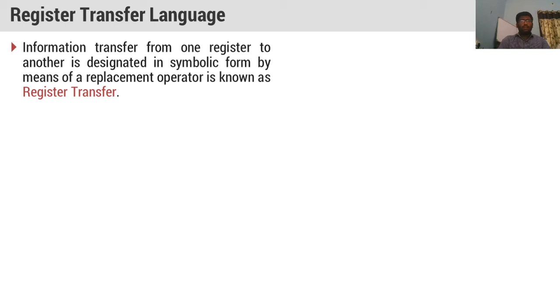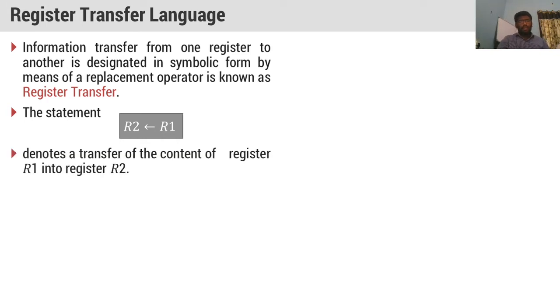And now we will see what is a register transfer. Usually, when I transfer some information from one register to another register, it is called a register transfer. So for this purpose, or for the symbolic notation, I am using a replacement operator here. R1 replacement operator R2. It means the contents of R1 are being moved to the register R2. This is the notation we will use to understand the transfer process between two registers.